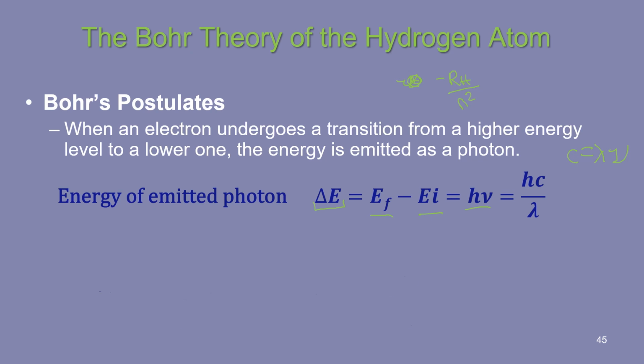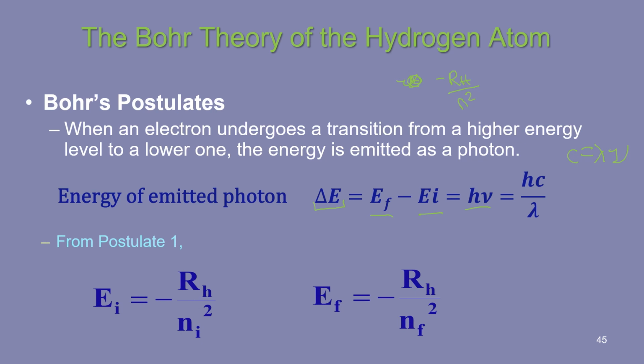So the final energy is negative R_H over the final level n squared, and negative R_H over whatever level it started from. If we plug this into the equation E_F minus E_I, and rearrange and simplify it a little bit, we get